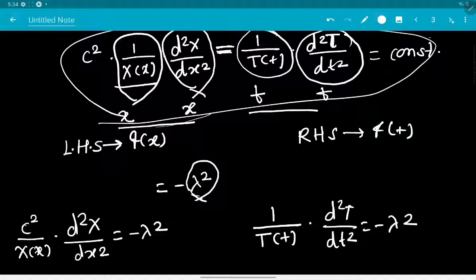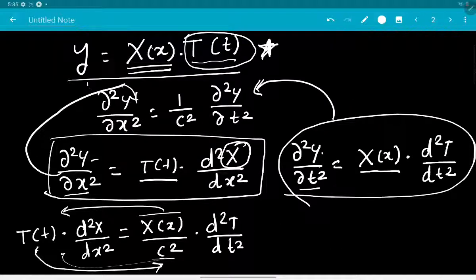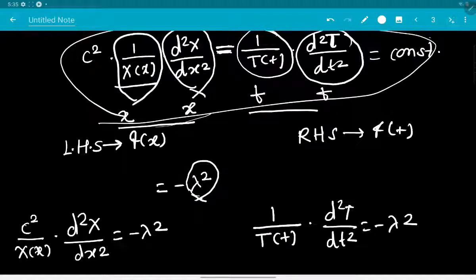So my initial single partial differential equation, I have been able to divide into two differential equations, and these two are ordinary differential equations. Now they are no more partial differential equations, but I have decoupled them into two different ordinary differential equations. Now I will be solving these two differential equations further. Let's see how we do that. I'll be picking up the first one.